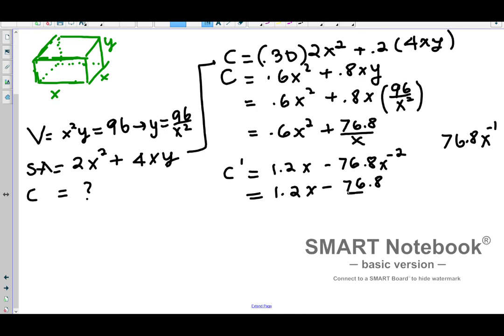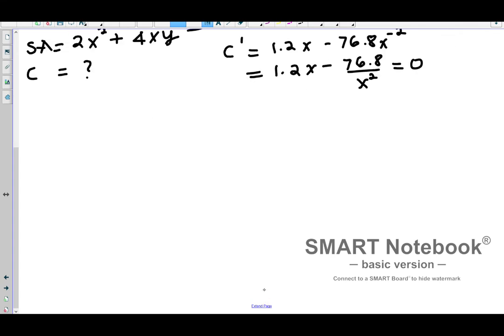So if you got 1.2x minus 76.8 divided by x squared, you are correct, because we brought the negative 1 down, subtracted 1 from the power, and ultimately I put the negative exponent in the denominator as over x squared. Now set this whole thing equal to 0 and solve for x. This is where, again, it helps to put one of the terms on the other side. So I'm going to add it so it'll be positive,